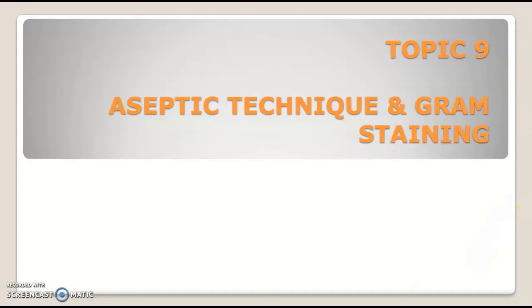Sbl1023. Today, we are going to discuss topic 9, which is on the aseptic technique and gram staining. In this topic, we will be looking at different sterilization methods that are commonly used in microbiology. The second aspect of this topic 9 will be on how to grow bacteria in vitro. In vitro means in the laboratory. And the last aspect that is very important, our focus in this topic, will be gram staining